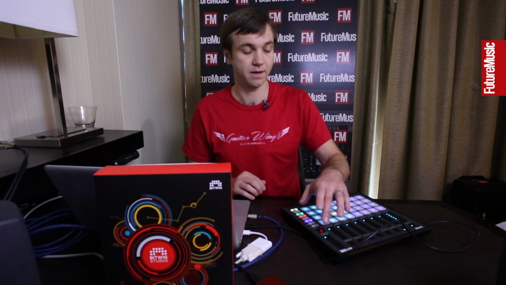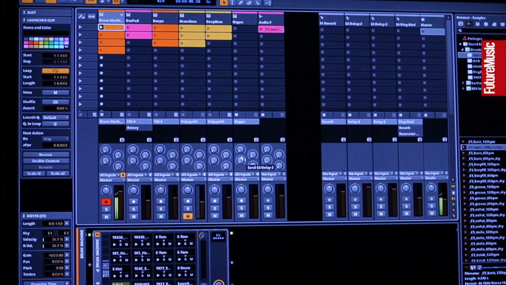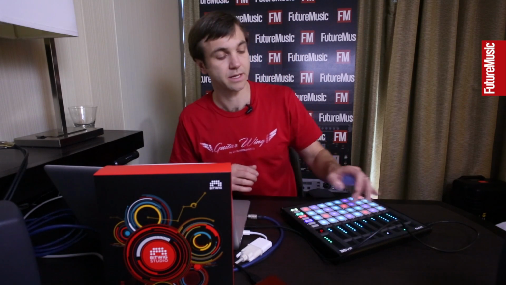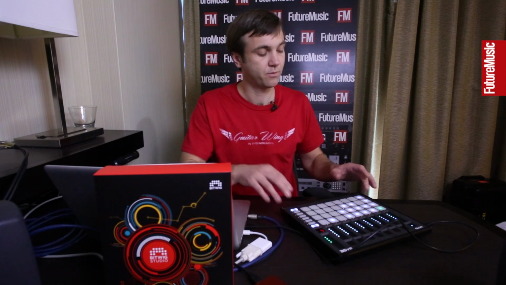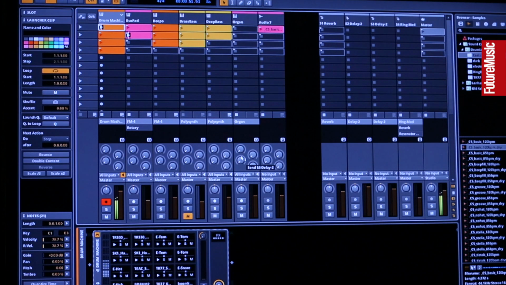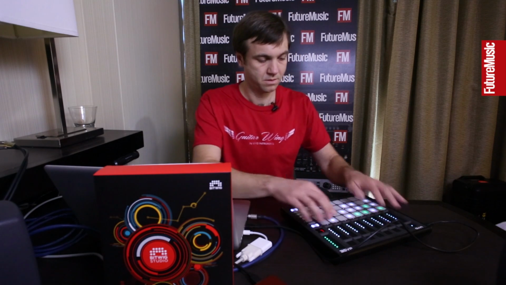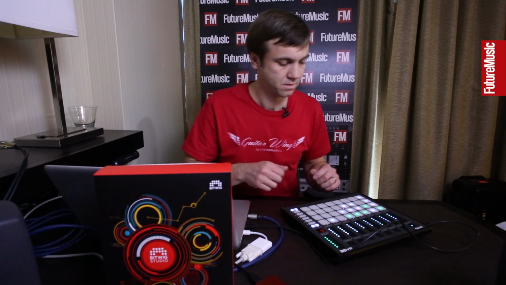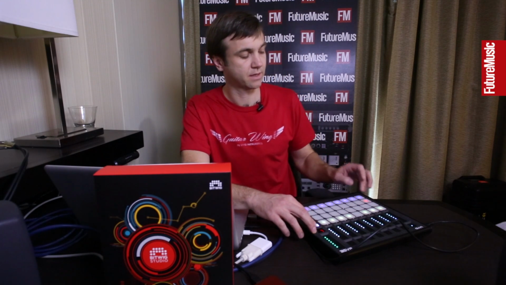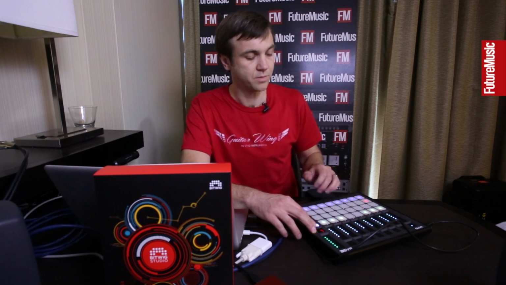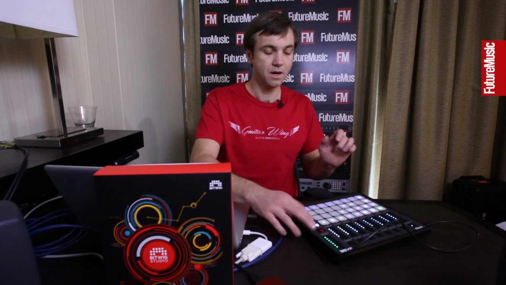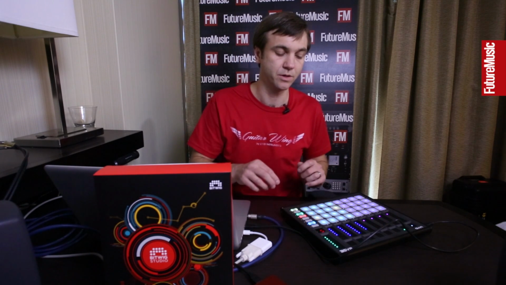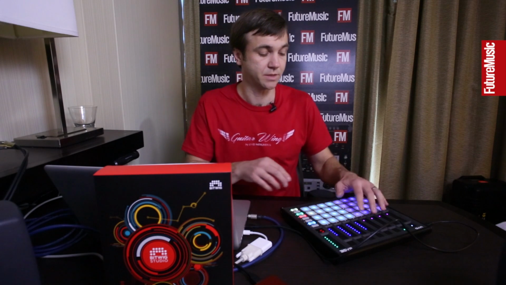In this instance, I have a simple set going. I have a track select up here that I can highlight and select my different tracks. Go up to mode 1 here and we can trigger different clips. And then we can also have some track controls like solo a track, mute a track, activate a track, and stop all the clips. We can also go to our other modes here to control things like sends and returns.